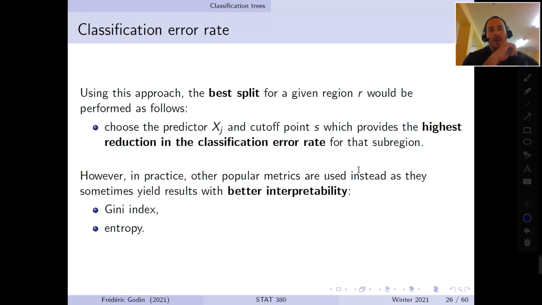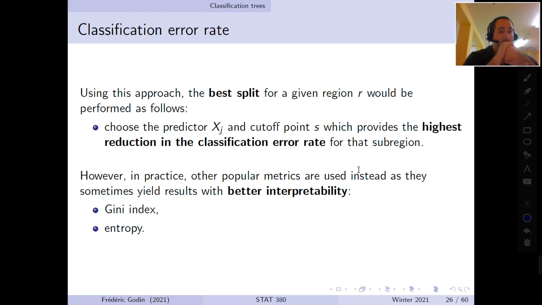Okay, so if we use the error rate to try to make the best split, what we would like to do is to choose a predictor xj and choose a cutoff point for that predictor, where cutting with respect to this predictor and this threshold would yield the highest reduction in the classification error rate combined between the two subregions. This makes a lot of sense, but